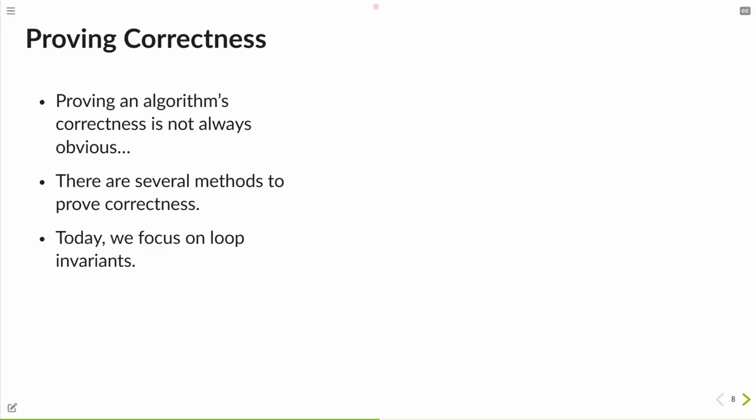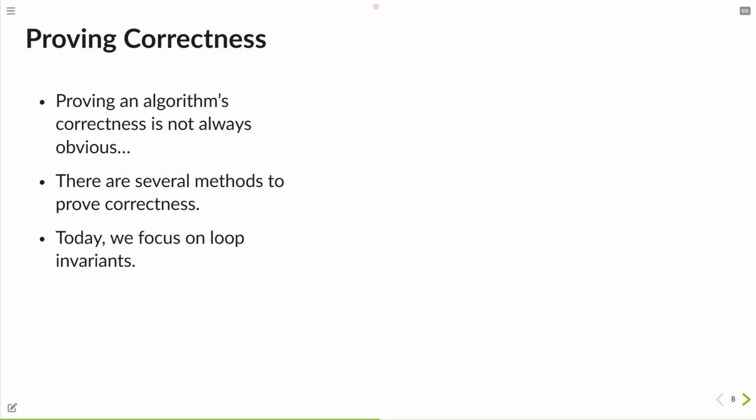So it's really important to check correctness, and checking means proving. We will see different techniques to prove correctness of algorithms, but today we're going to see loop invariant proofs.